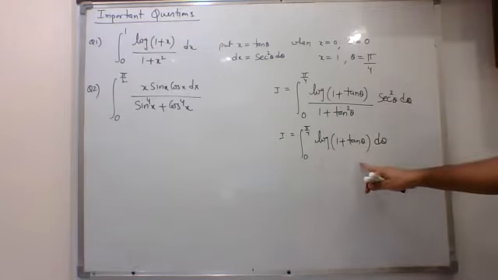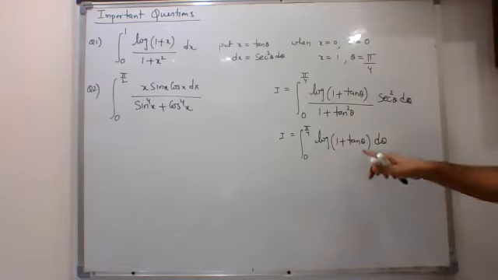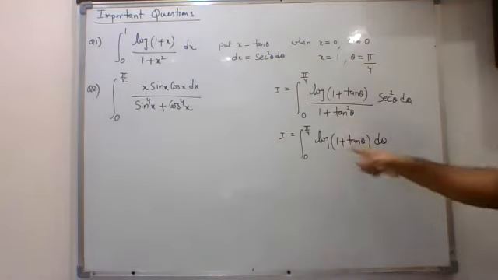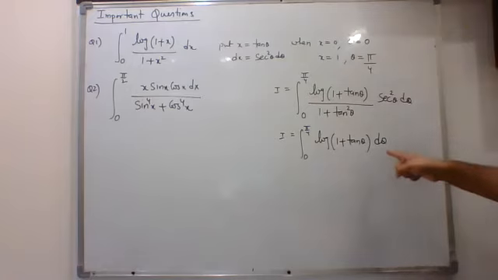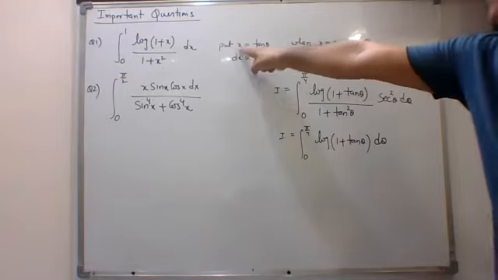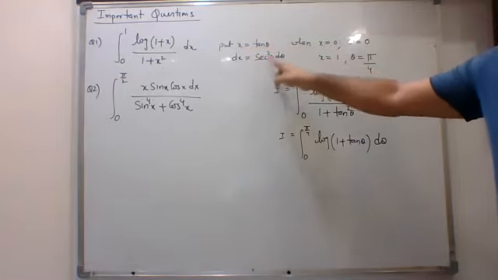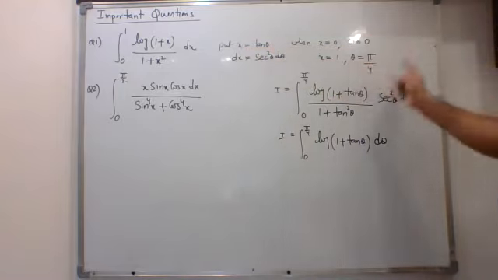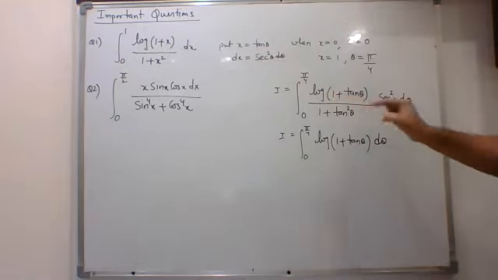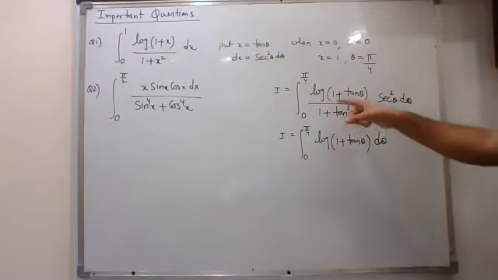Now, if you analyze this question, this already we had done. This is question number 8 from that 7.11 exercise. So the point is, you have to convert this question to this form. So how to do that? We are taking the reference of that standard substitution, x square plus a square. So that is why I'm putting x is equal to tan theta. So dx is equal to sec square theta d theta. I had changed the limits. After changing the limits, I'm writing this question in theta form.